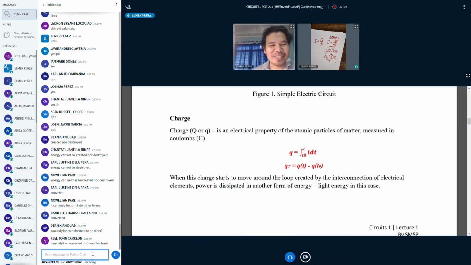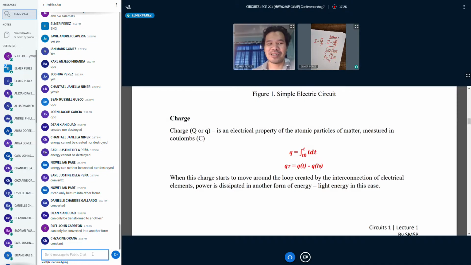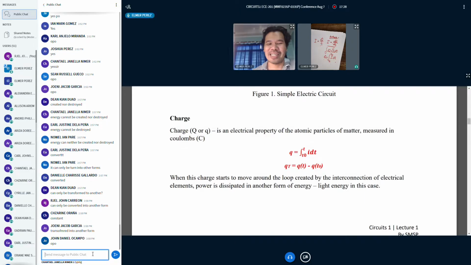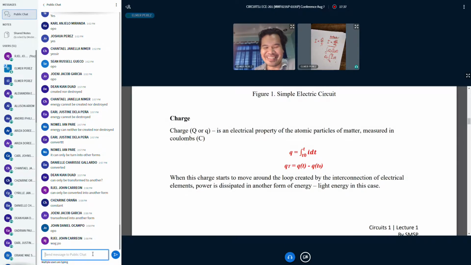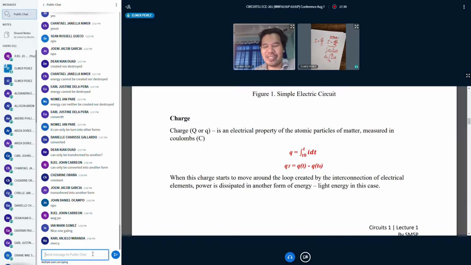It can only be turned in. Okay. So, ang pinaka-term na ginagamit nila is transform. Okay, but can only be converted or transformed from one form to another. Ayan. Tama. Galing. Kaya na kayo mag-test. Okay, so let me go back to the